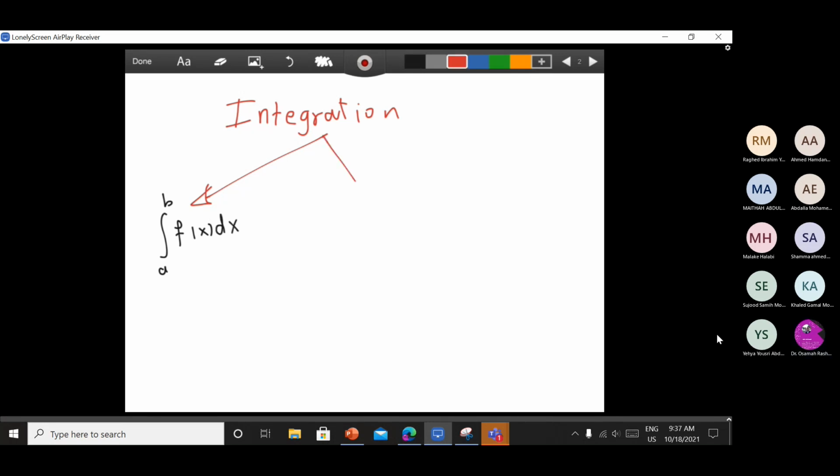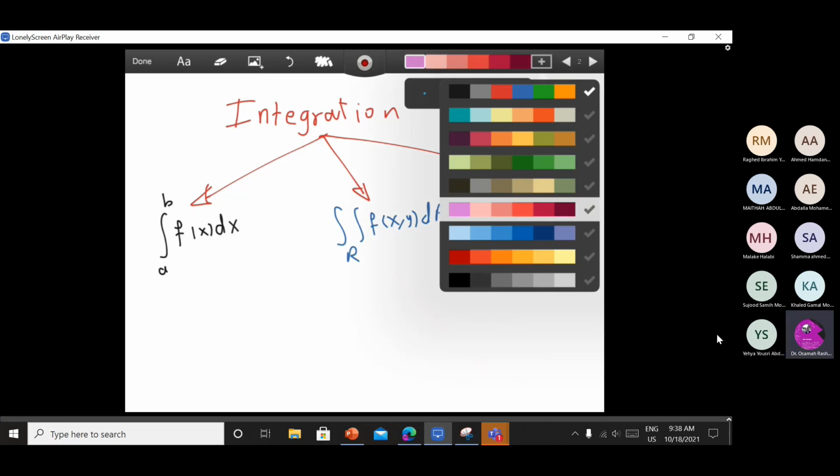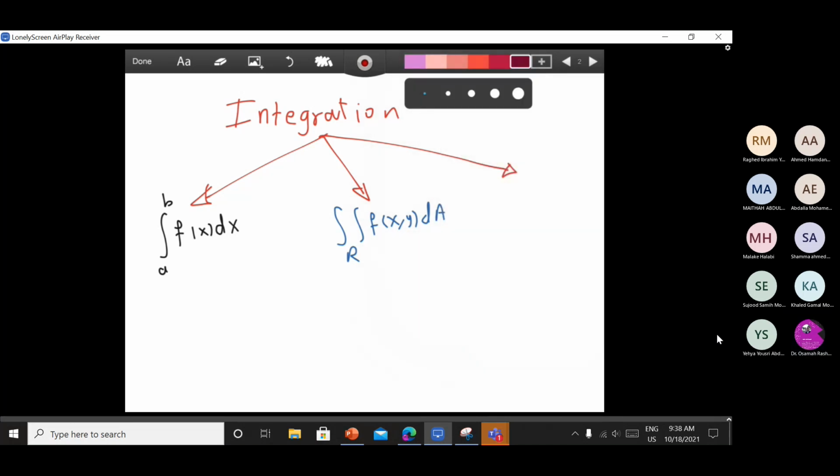And also we have double integral over region for two variable function, okay, and we end up with triple integral for a function of three variable, and we have